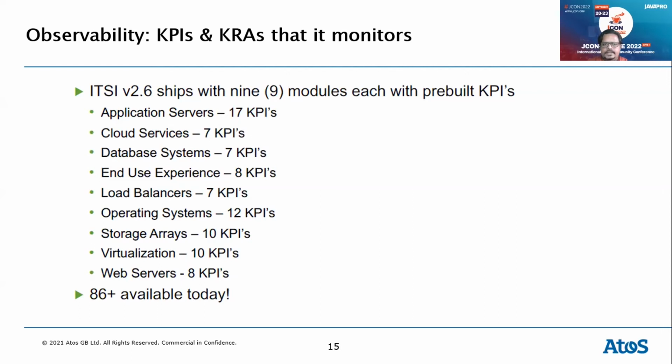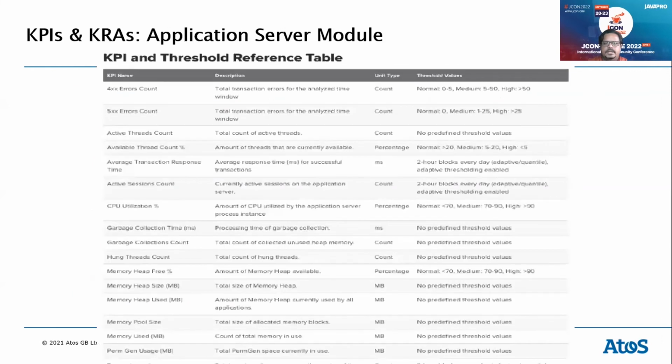If I go to the next slide, this is just the first. When I said 17 different KPIs for application services, this is what those 17 look like. You'll have CPU utilization, memory utilization, thread count, process counts, active sessions, garbage collection times, memory heap sizes, etc. These are all the parameters that get pushed through your shippers and probes into your data pipeline, and then finally they'll land into